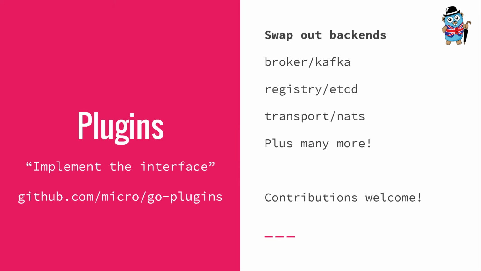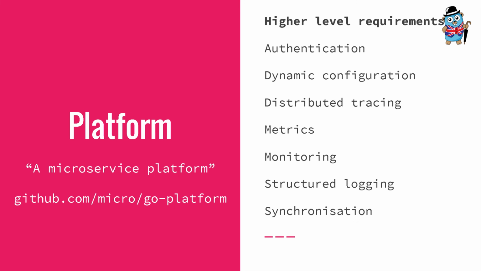So, I talked about this pluggable aspect, and I knew that when people are going to adopt software, especially open source software, they want these things to already be there. So I created this repo, Go Plugins, which has a number of plugins. So if you want to use etcd or Zookeeper instead of Consul, you can. If you want to use Kafka as a message broker, you can, and there are many other plugins there as well. And actually there have been some contributions from the community, which is really great. So I hope if people want to contribute, they will.